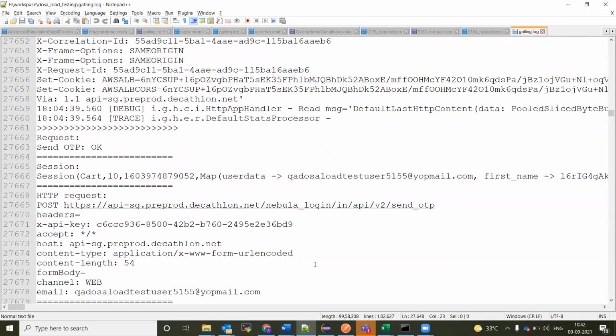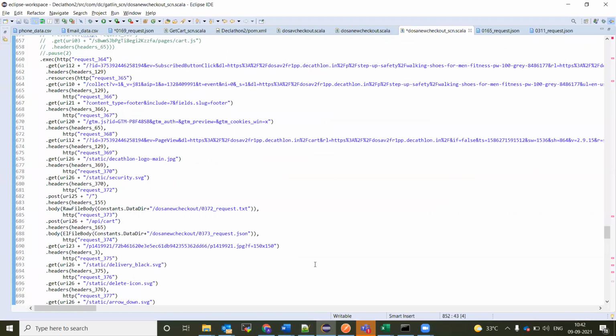I faced a few issues like compilation error and the method too large error. If you record the scenario from the home page to the thank you page, a very large number of requests are sent. For example, in the home page itself there will be hundreds of requests because of JS, CSS, and other API calls. For the entire scenario of 6 to 7 pages, the number of requests is very huge.